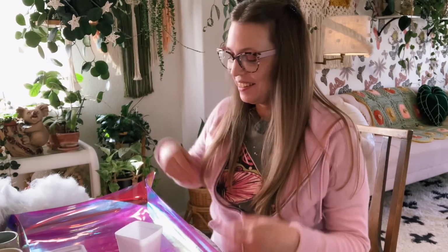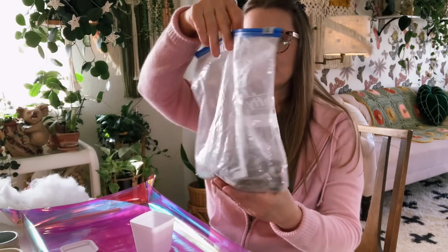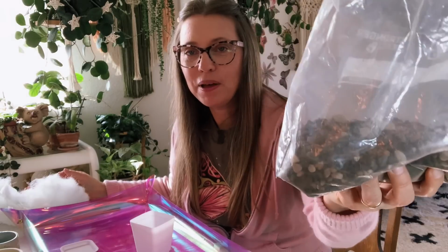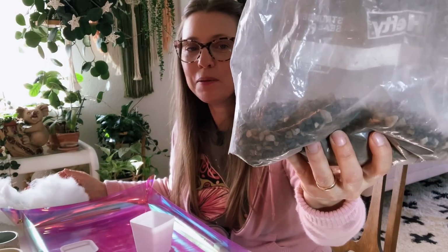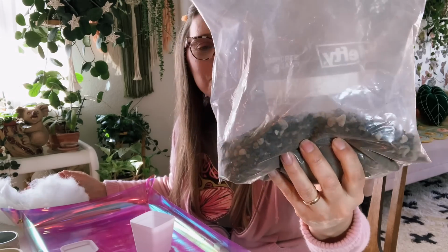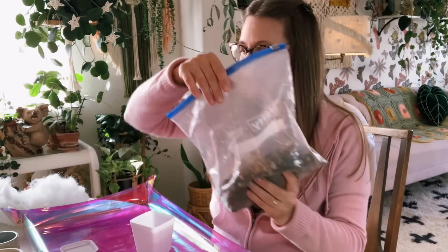All right, so I went ahead and closed the blind because it was pretty sunny. I think this was glowing way too much and you couldn't see it. So we're doing the lithops first. And the soil I am using for the lithops, I made a while ago. It is a bunch of pumice, a lot of pumice in there, some lava rock, some bark chips. And I think that's it, just very